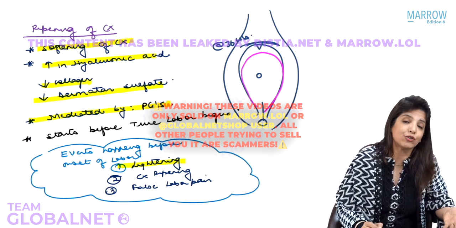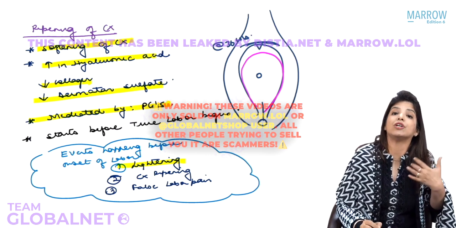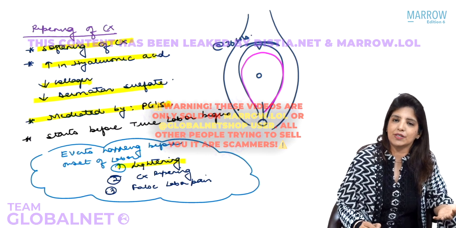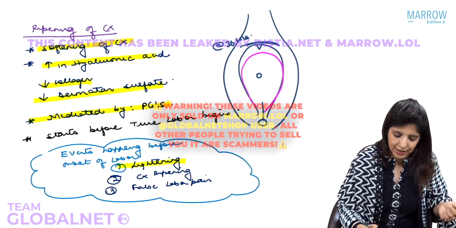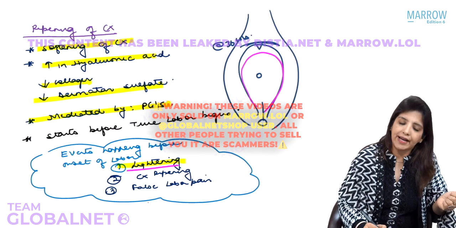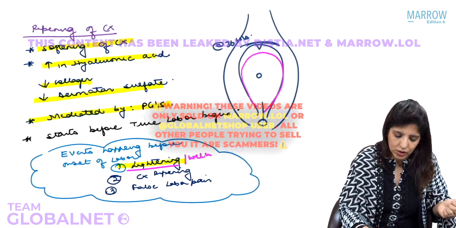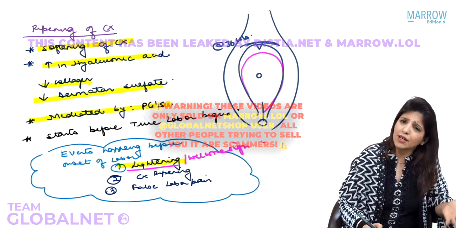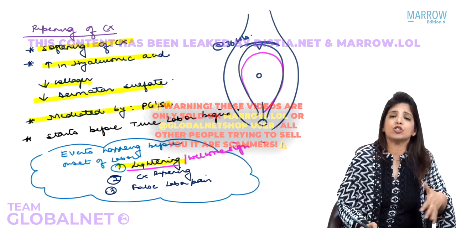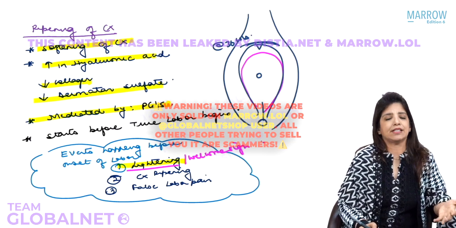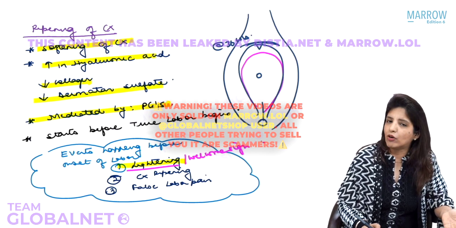And because the height of the uterus decreases, the mother is relieved from the respiratory discomfort and she feels light. This is what is called lightening, or it is also called a welcome sign. Number two, the thing which happens before true labor pain begins is that there will be ripening of the cervix